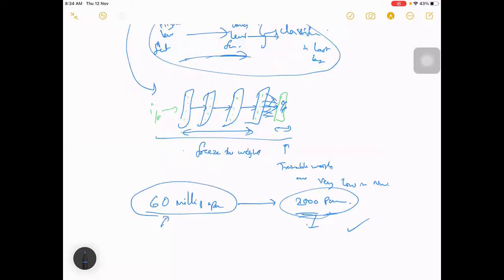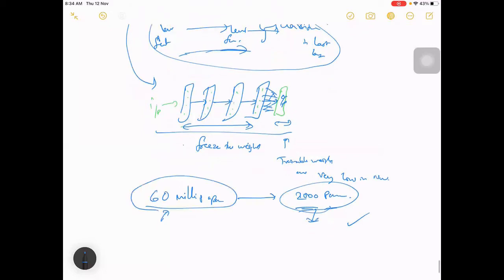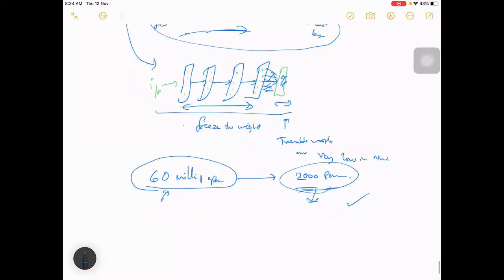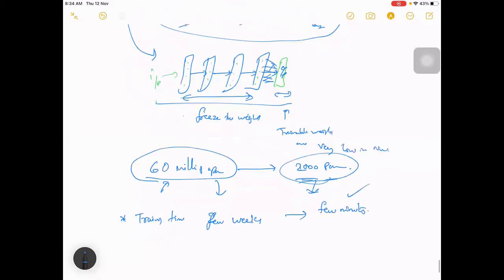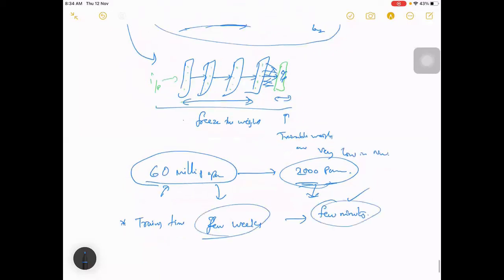So your training time, if you train the whole network from scratch, would have taken a few weeks. Here, it would take a few minutes, right? That is a major difference when using transfer learning.